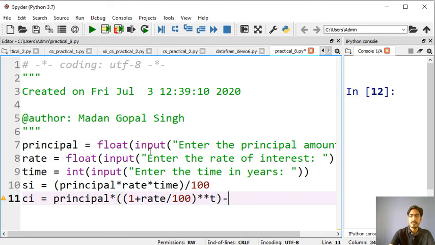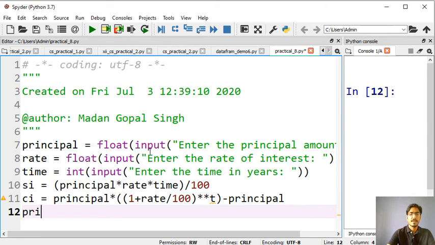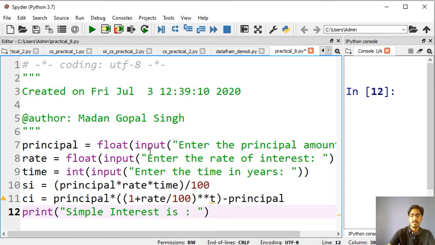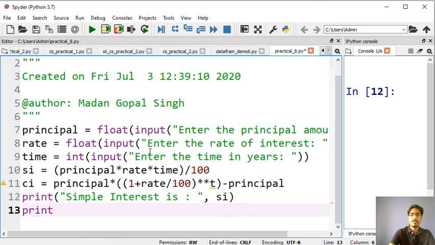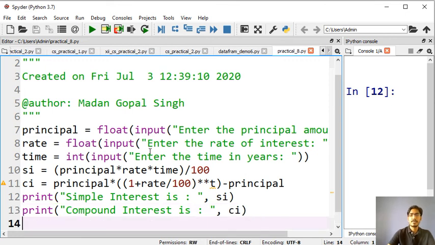Now we deduct the principal because it contains the principal amount. So we will deduct the principal amount, then we will get the actual interest. Now we will print simple interest is, SI, and we will print compound interest is, CI. That's all.